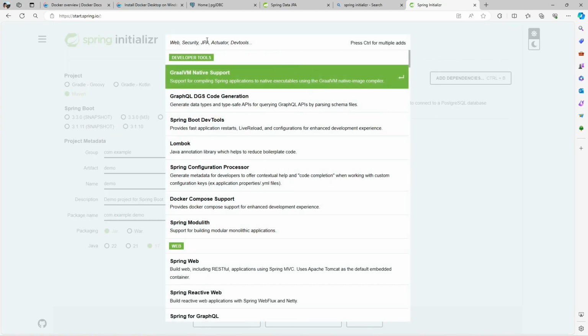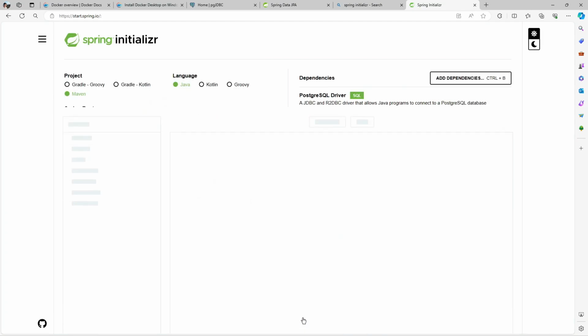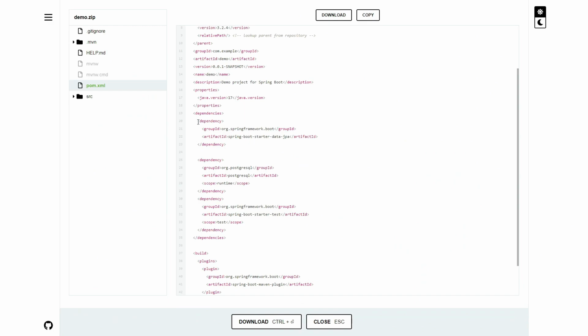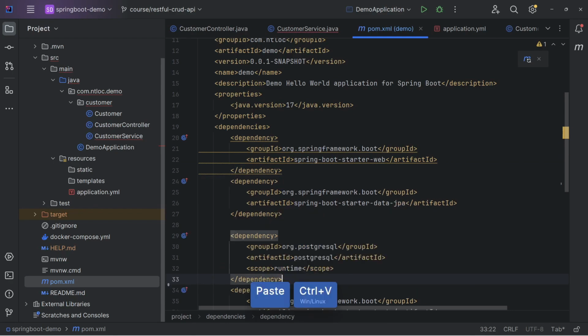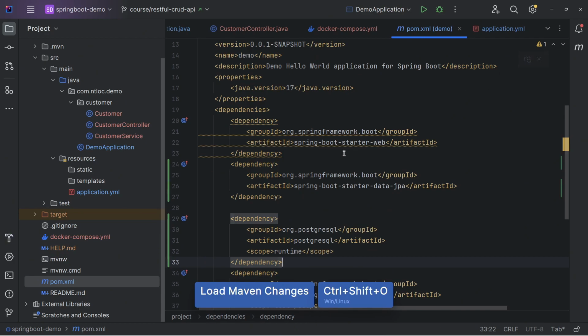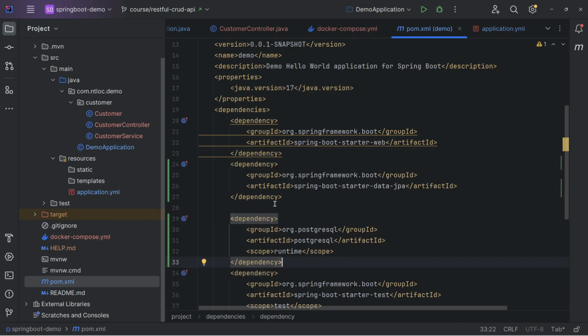And the second one is Spring Data JPA. Click on explore, and now simply copy the dependency in here. Go back to IntelliJ and paste it in here, and then reload again. So whenever you have a change in the pom.xml, you need to reload the Maven project to get the update.